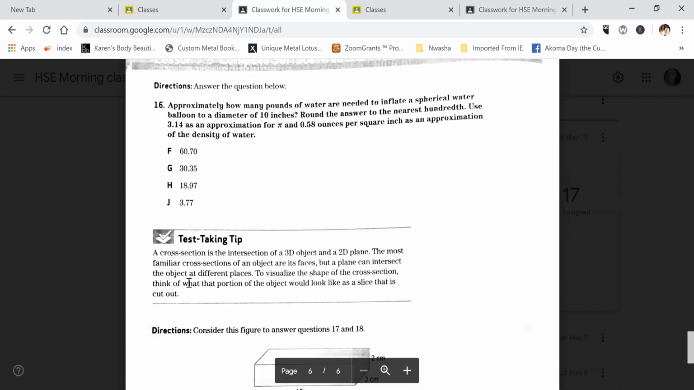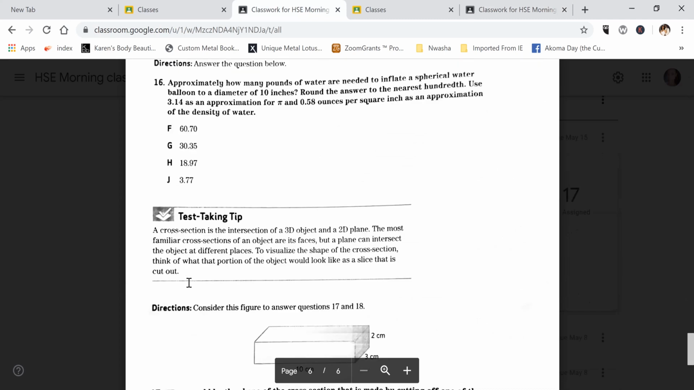And these are the last ones. So number 16. Approximately how many pounds of water are needed to inflate a spherical water balloon to a diameter of 10 inches? Round the answer to the nearest hundredth. Use 3.14 as an approximation for pi and 0.58 ounces per square inch as an approximation of the density of